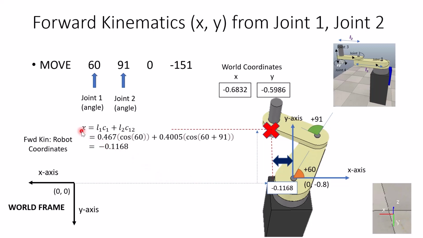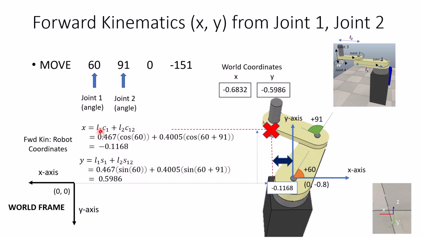And this is obtained from x equals L1 (link 1 length) cosine theta 1 plus L2 cosine of theta 1 plus theta 2. This gives us the x coordinate of the wrong pickup location with respect to the robot frame, which is minus 0.1168. And for the y coordinate, according to the robot frame, that is L1 sine of theta 1 plus L2 sine of theta 1 plus theta 2. If we put in the values here, we get